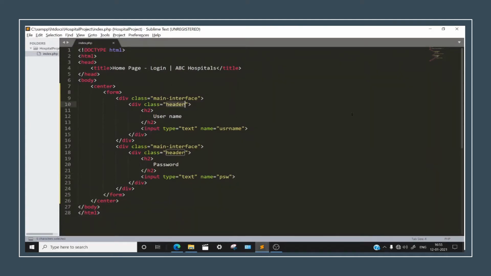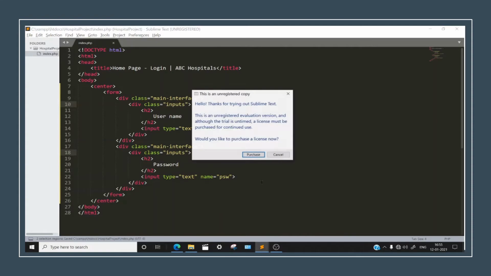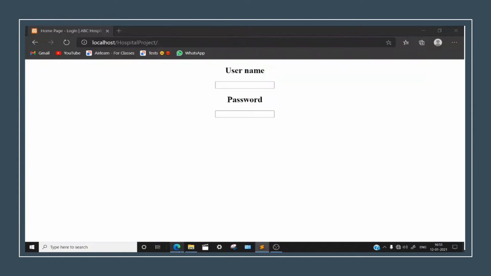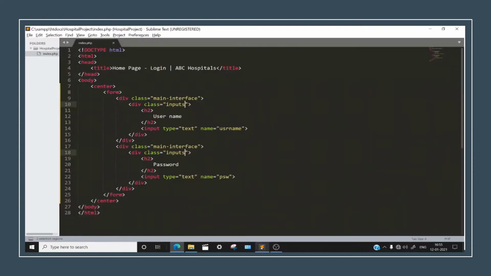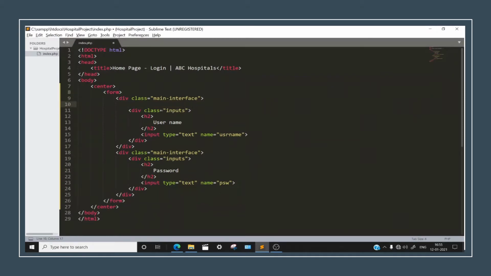And let's change this header to inputs. This is because afterwards, when we want to call for this in our CSS programming, we will be bringing it out for ourselves.